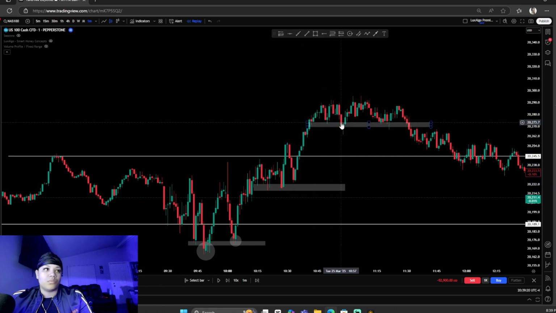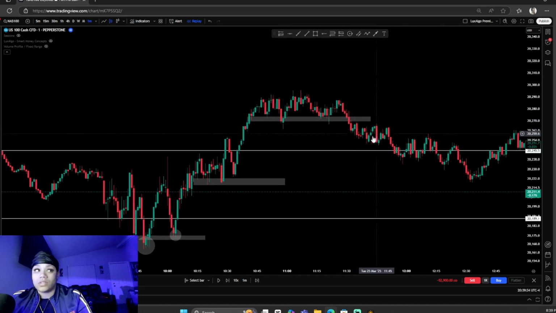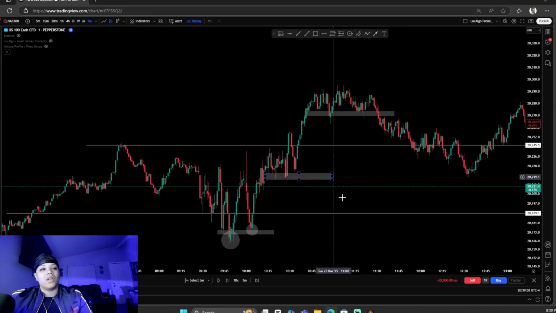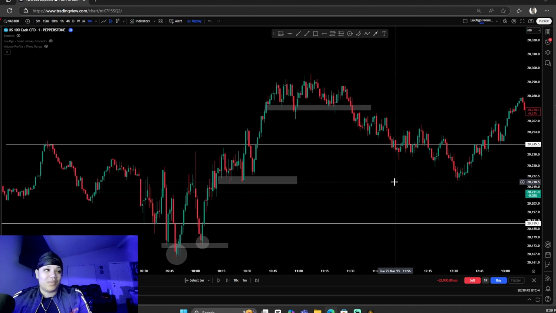So once price broke this level, obviously you want to take your profits, whatever you can get in that moment. Because if it breaks this level, it's letting you know that price wants to turn around. And what did it do? It turned around and it broke that level again. So not sure how much I would have made, but I would have made a small amount, and it still would have worked out for me.